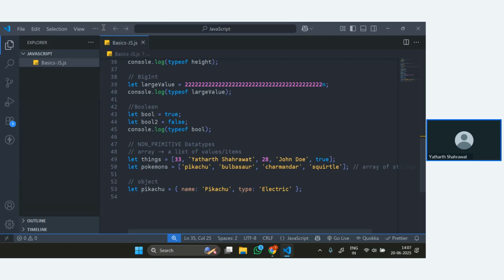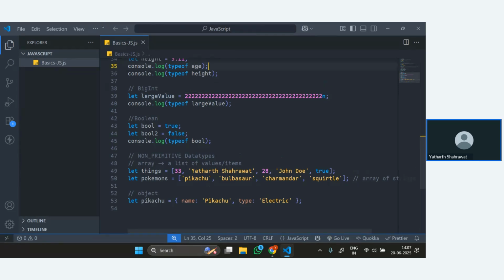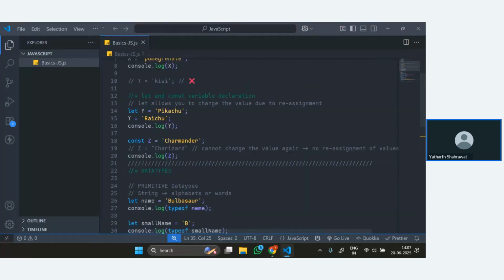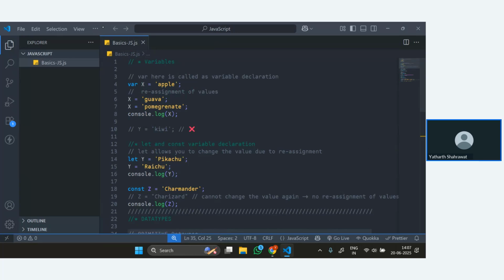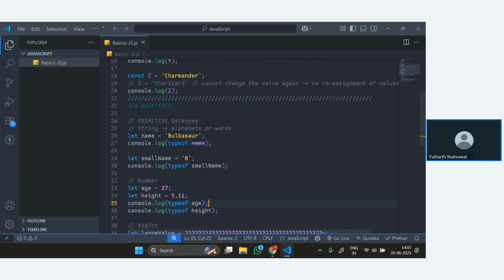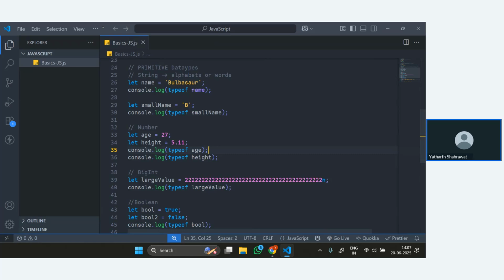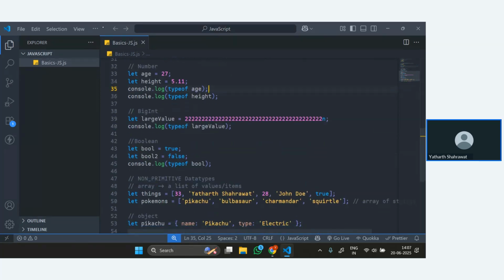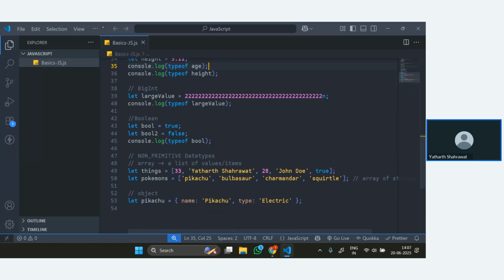We covered data types, and also variable declaration a little bit. We also covered BigInt, number, boolean. We also discussed a little bit about non-primitive data types, which are arrays and objects. There is one more non-primitive data type, which is